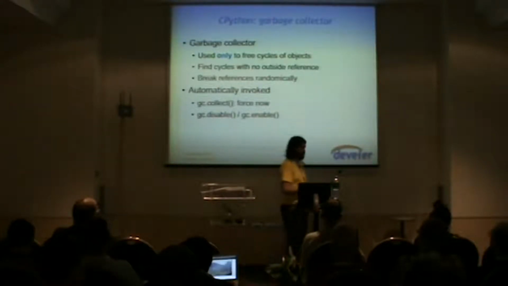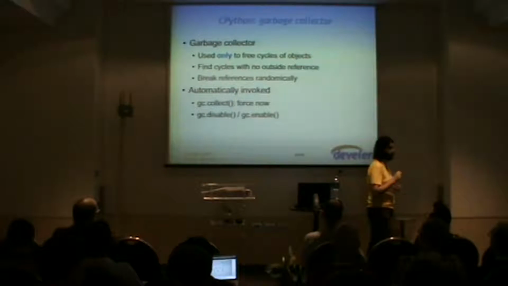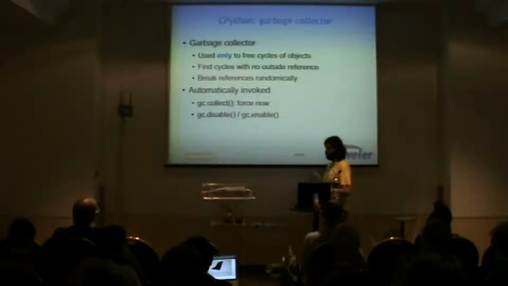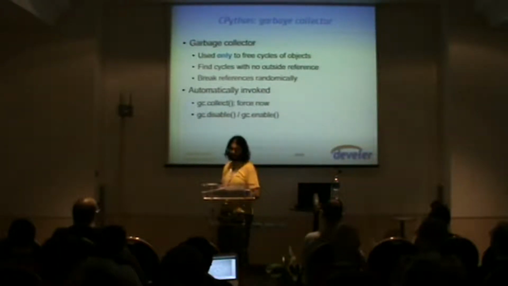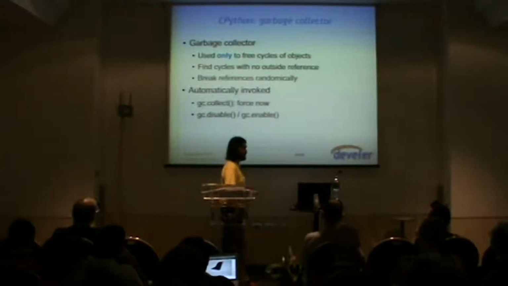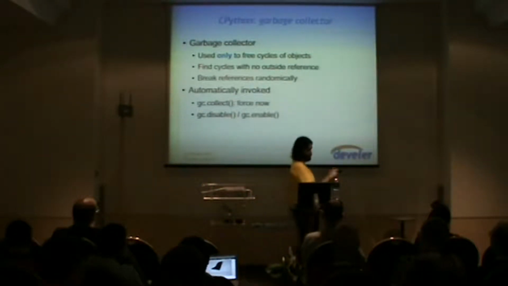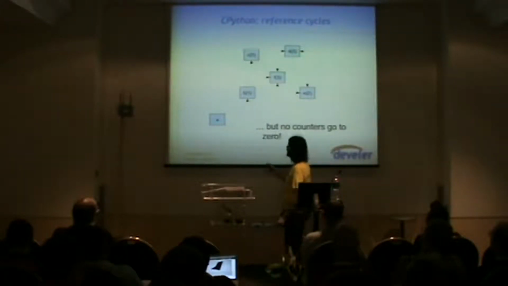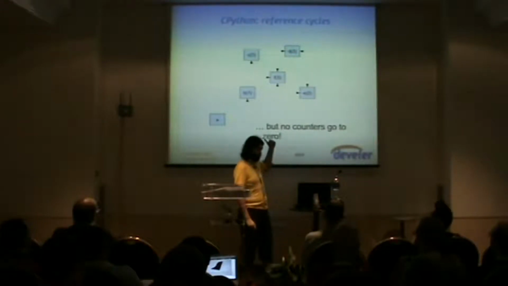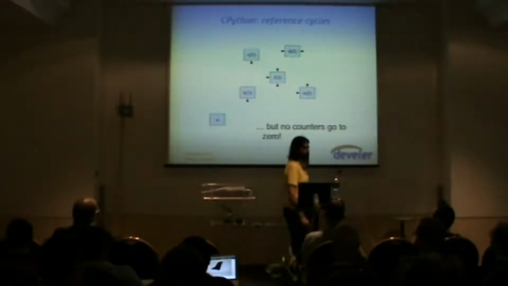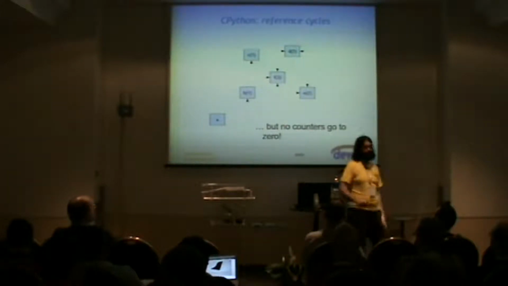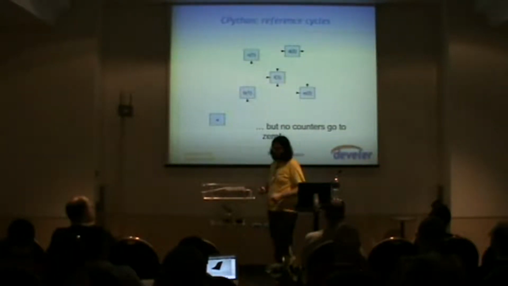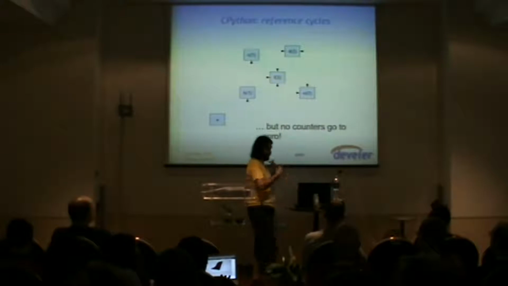So what Python does to fix this problem, introduced in CPython 2.0, is the cyclic garbage collector. So there is a garbage collector going on in the background. You probably heard of it. But it's important to see that this garbage collector is only responsible for collecting cycles of objects. So back to this example, the garbage collector will help you collect only this cycle of objects, because this is where reference counting doesn't work. For everything else, there is reference counting. When it sees a cycle like this, it will collect it, okay?